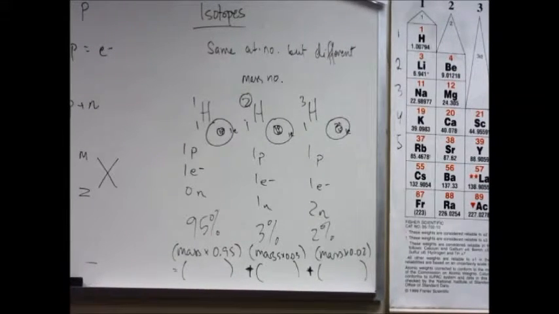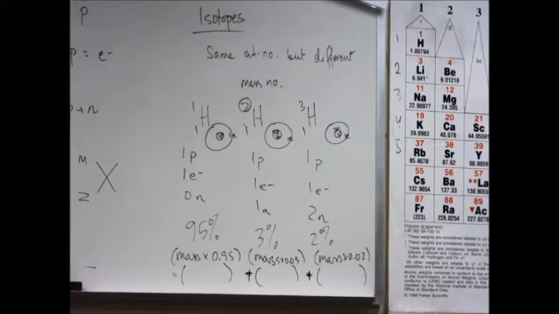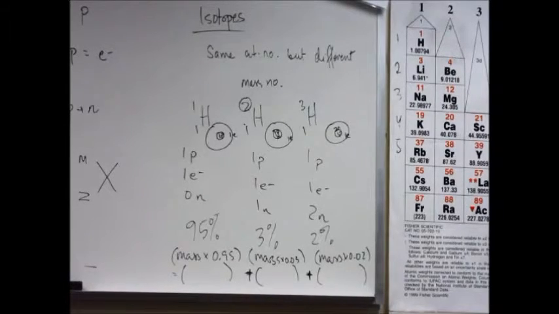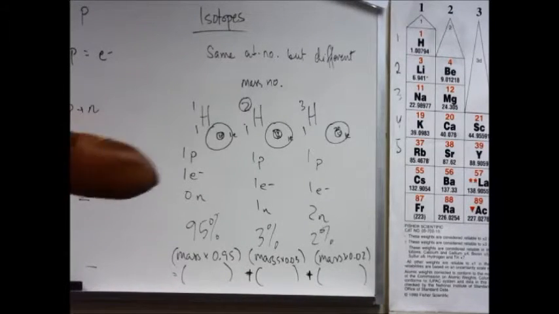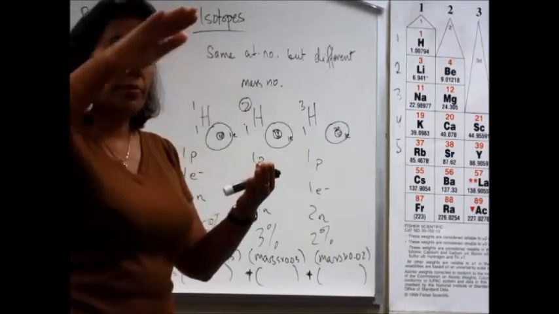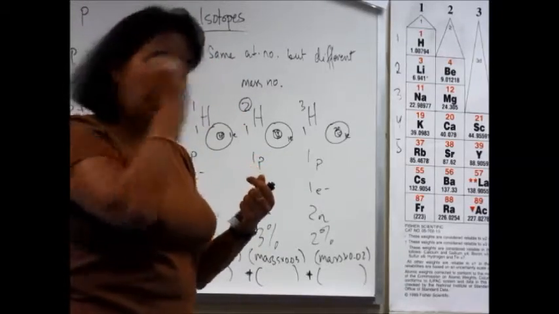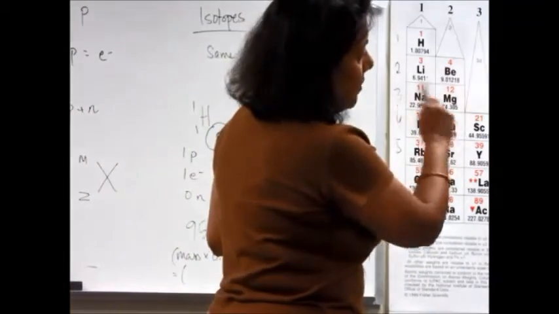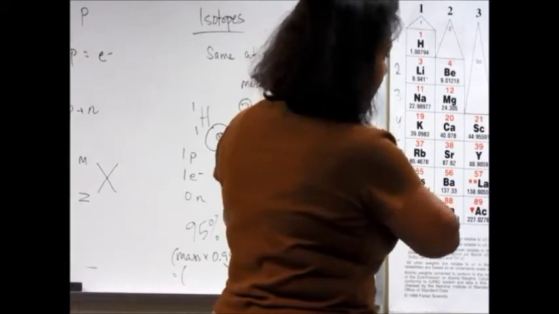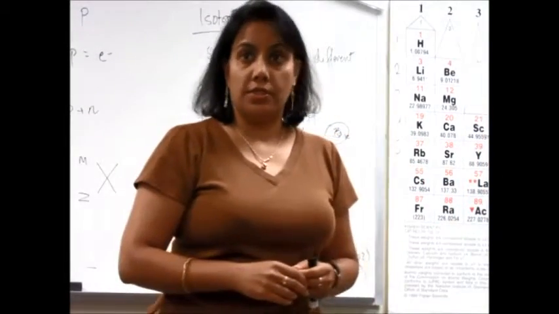Until the mass spectrophotometer was discovered, it was very hard to figure out the isotopes and their percents. And that's why Dalton couldn't do it. He didn't know about isotopes, so it's not really his fault. At that time, he didn't have the instrument. But that's how you figure out all of this, which means that all of these elements were passed through the mass spectrophotometer, and then the abundances were discovered, and then the calculation and all that good stuff. Good?